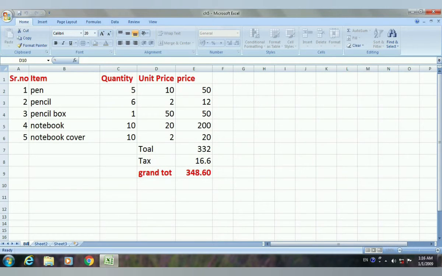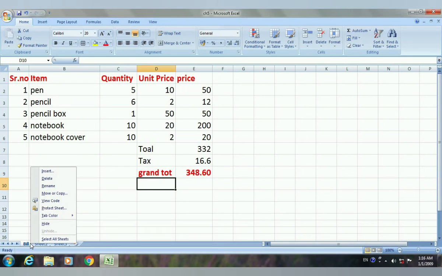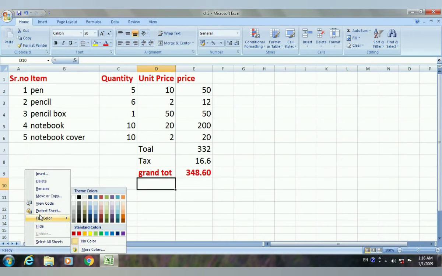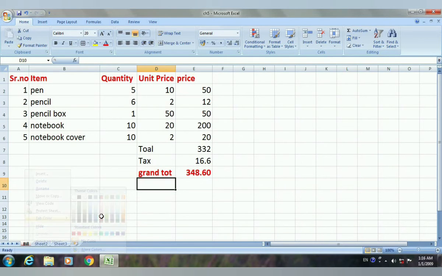Now whenever you see it, you can understand that in the Bill tab we have the bill that we created over here. Then you can change the color of the tab also. Just select the tab and here you have the tab color option, any color you may select.